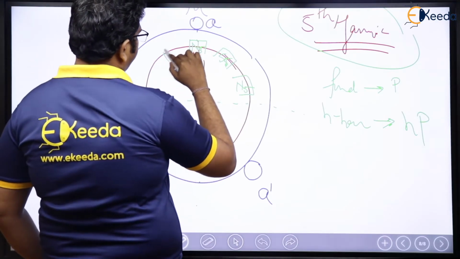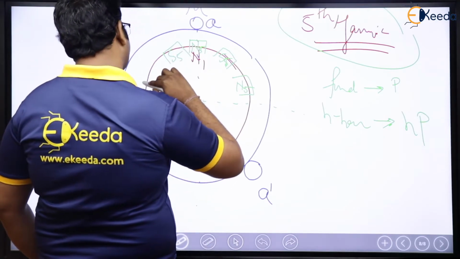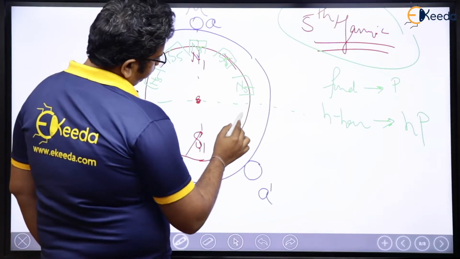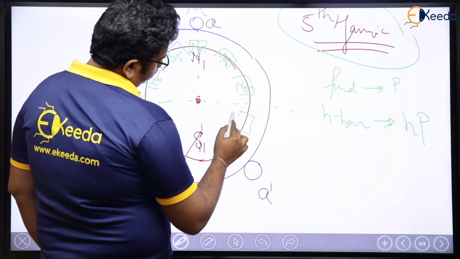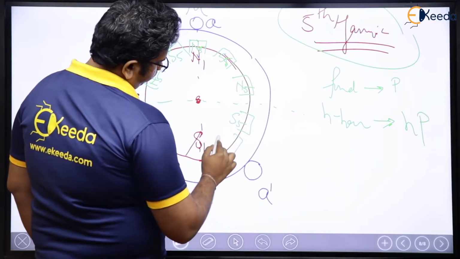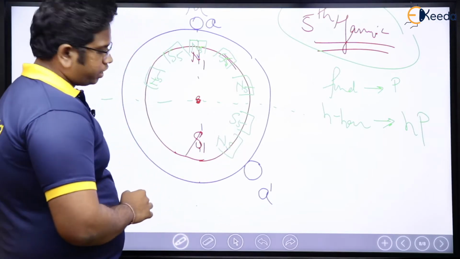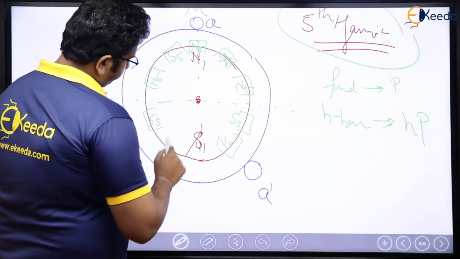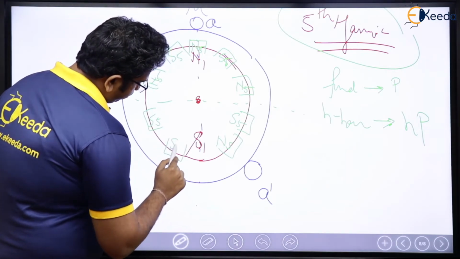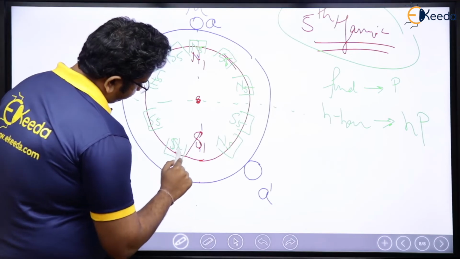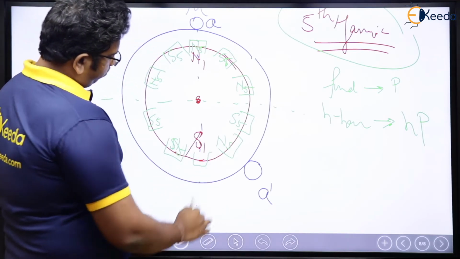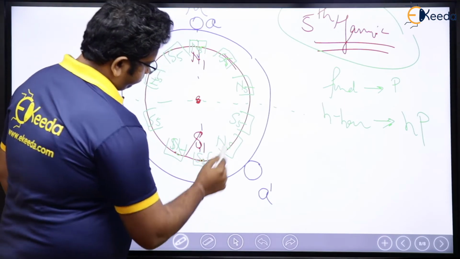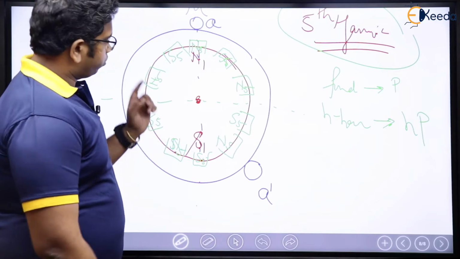Similarly, what is going to happen? Here I am going to have S5, here I am going to have N5. Then here I am going to have S5, again here N5. Then again, since this is N5, S5 will come here, and I will have N5 here. Then again here, N5, S5, this is going to be again S5. It completes the circle, right? 10.